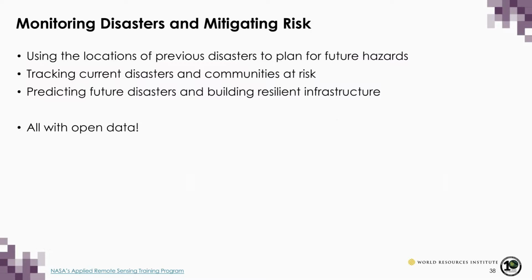So I've just shown you a few examples of how you could use Resource Watch to look at contextual data from previous disasters to get a better understanding of what factors contributed to fatalities or infrastructure loss or other areas that you're interested in. We could also use some of our near real-time data sets on Resource Watch to track current disasters while they're happening. And we also have some really great predictive data to predict which areas might be at the highest risk for experiencing a natural disaster. So first, let's look at how you can track in near real time what disasters are currently happening.